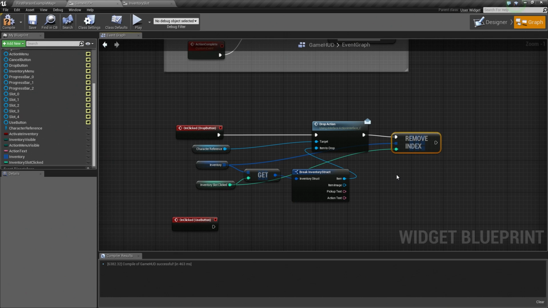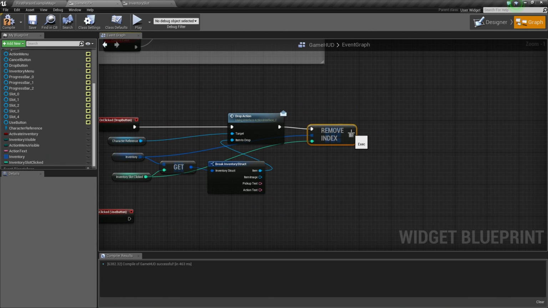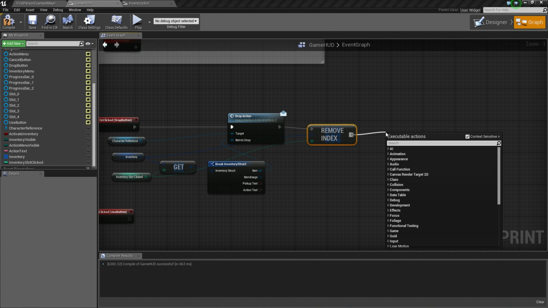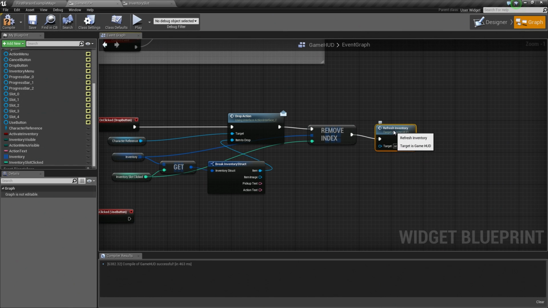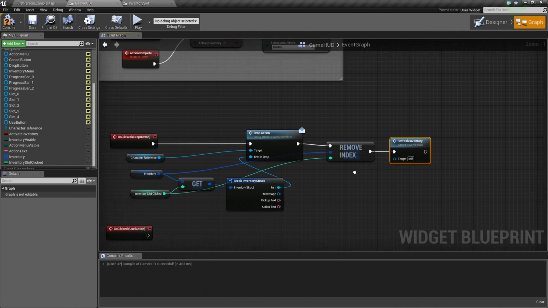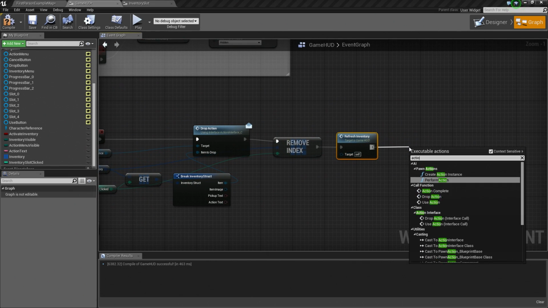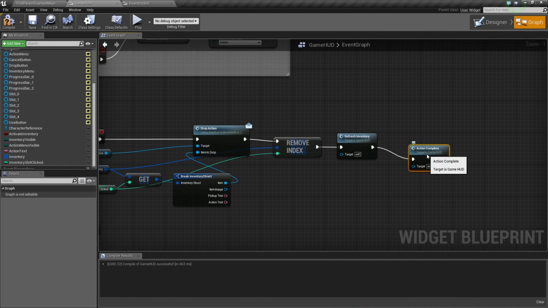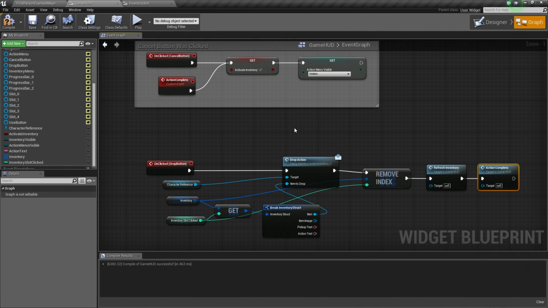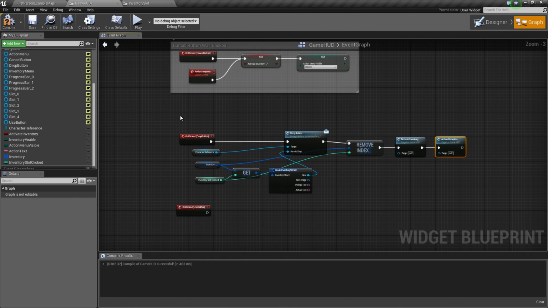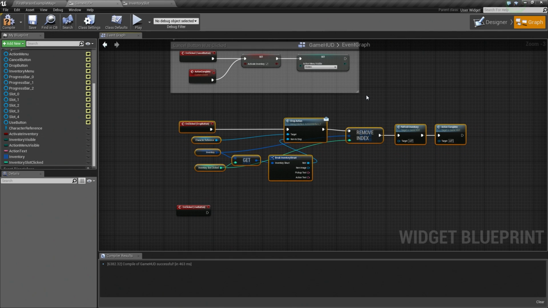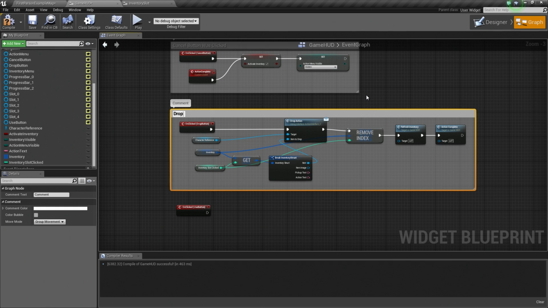And once we have removed the item from our inventory, we need to call our handy function that we created earlier called refresh inventory. So update our inventory now that an item has been removed. And then once we've refreshed our inventory, we're going to call our other handy node that we created called action complete. And that's going to hide our action menu and re-show our inventory menu. So with all of that, I'm just going to move it up just a little bit and hit C to create a comment. And this is drop button was clicked.